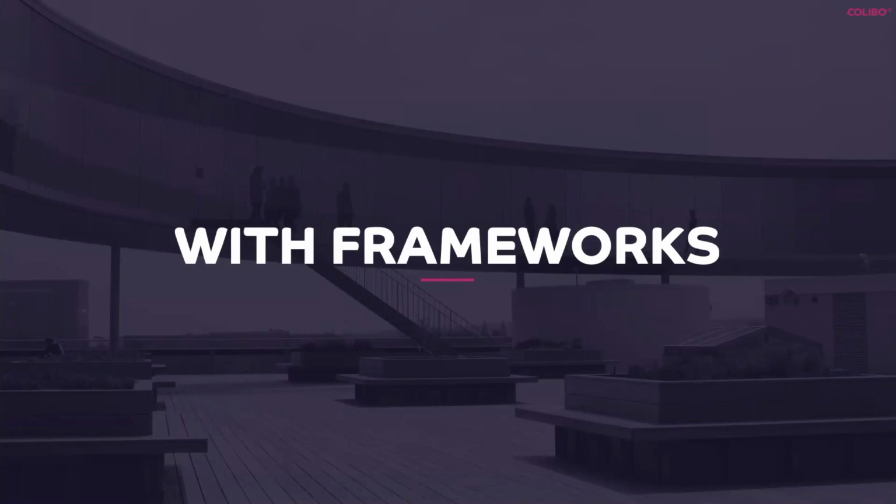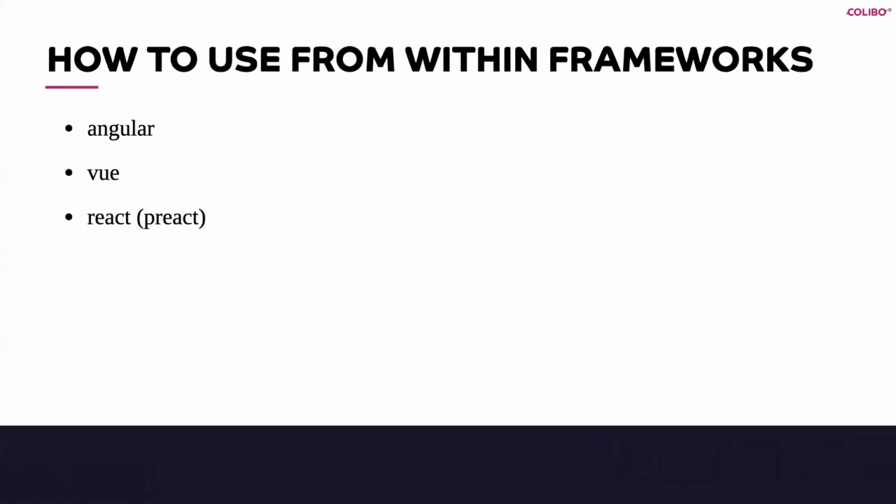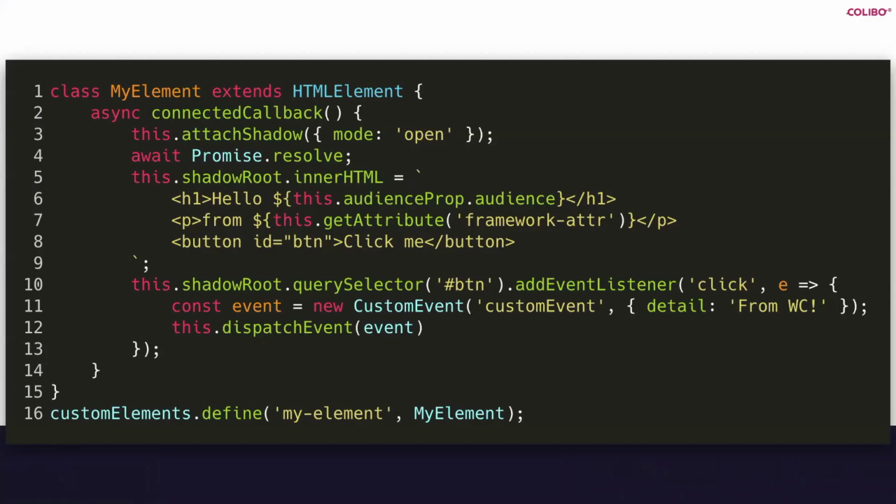So web components, whether you build them with whatever framework or without a framework that you want to, the idea is that you can take them and use them from within your framework. So I built a little example web component. You see here that it doesn't really do anything. It puts in a template. You see the template here in line 6, 7, and 8, right? Where I read a value from an attribute. I read a value from a property, where I feed in an object that I then read a property on.